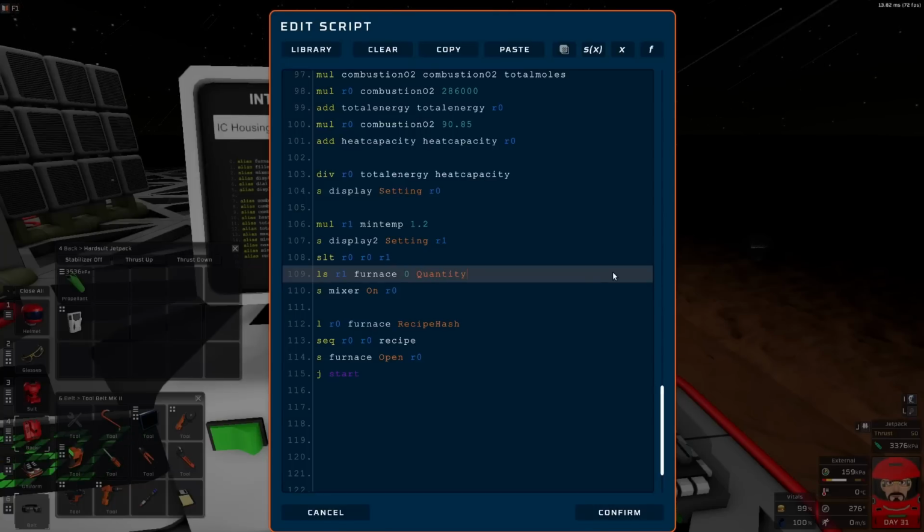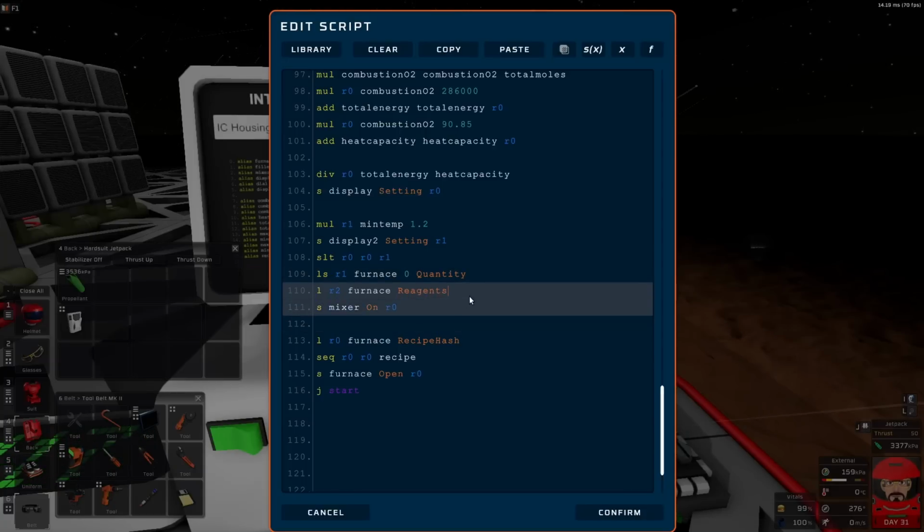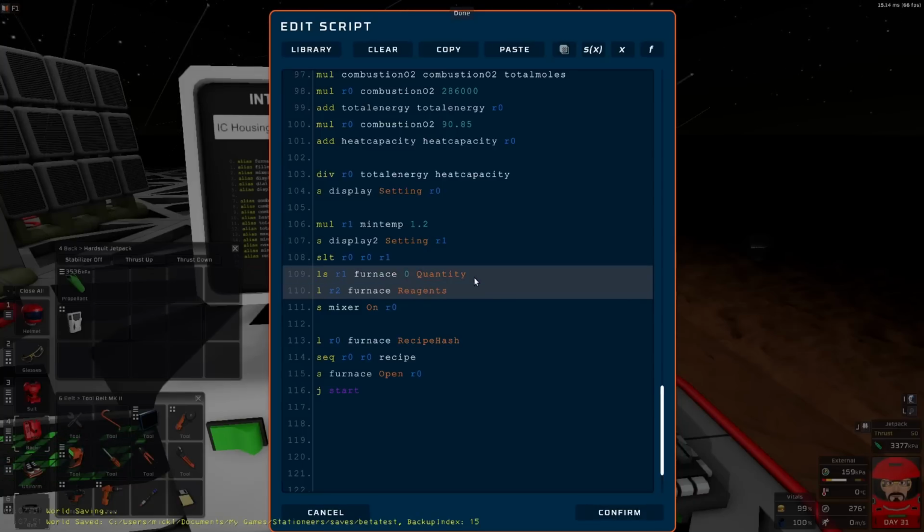QNTH quantity. So if, and I shall load into R2 furnace reagents. So I'll say if there's stuff in the input chute or stuff in the furnace, we can switch it on. If there's nothing in there and nothing in there, don't switch it on. So I'll have to say, and on both of those two,